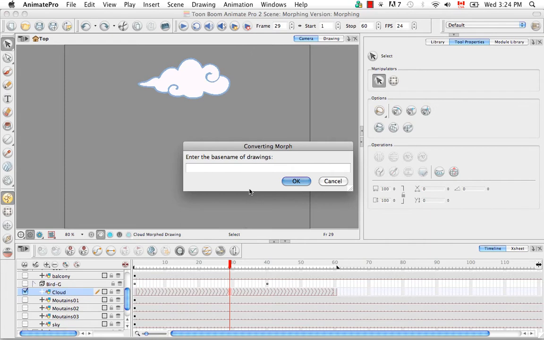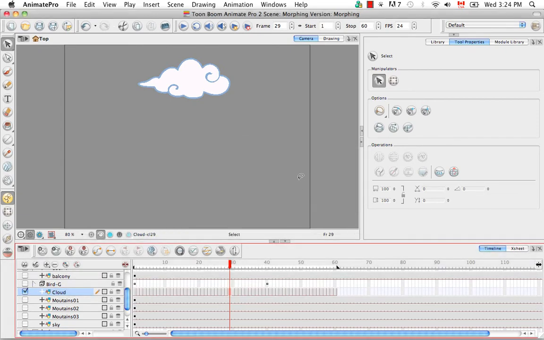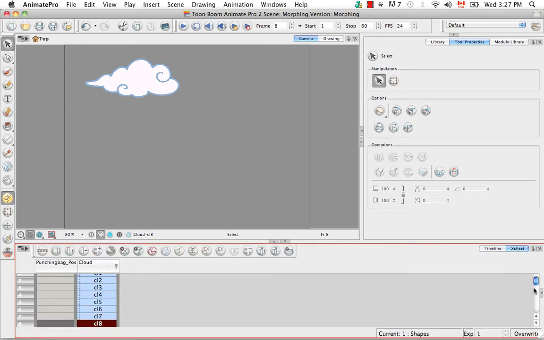The Convert Morph dialog box opens and asks you to enter a base name for the drawings. So I'm going to select CL for clouds and say OK. And now as you can see, each of the morphed sequence has become its own individual drawing that you can manipulate. And then if we go to the X-sheet view for a few minutes, you can see that the entire column, so the cloud column, which represents the cloud layer, has all of its drawings named CL and then a